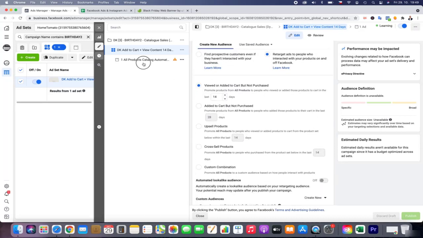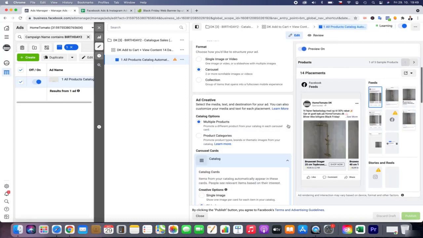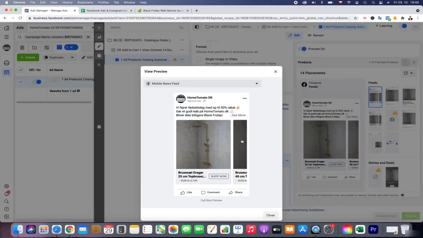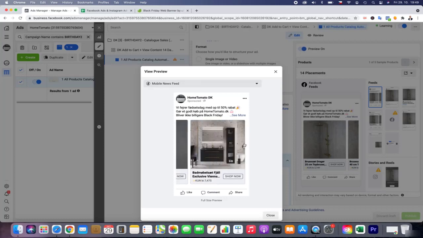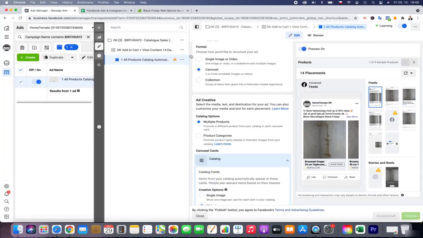And it's just one catalog, and we just retarget people with the price. As you can see, there's nothing really special about it. What I think is special is the way of this funnel and the way of this customer journey.